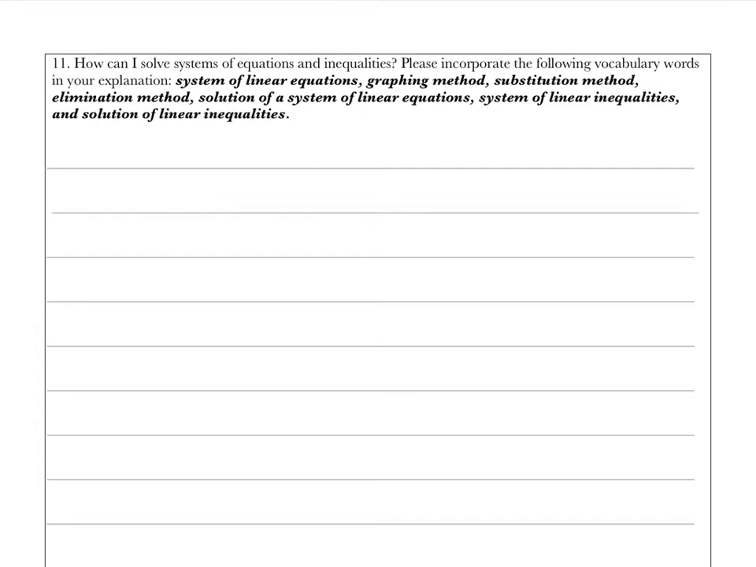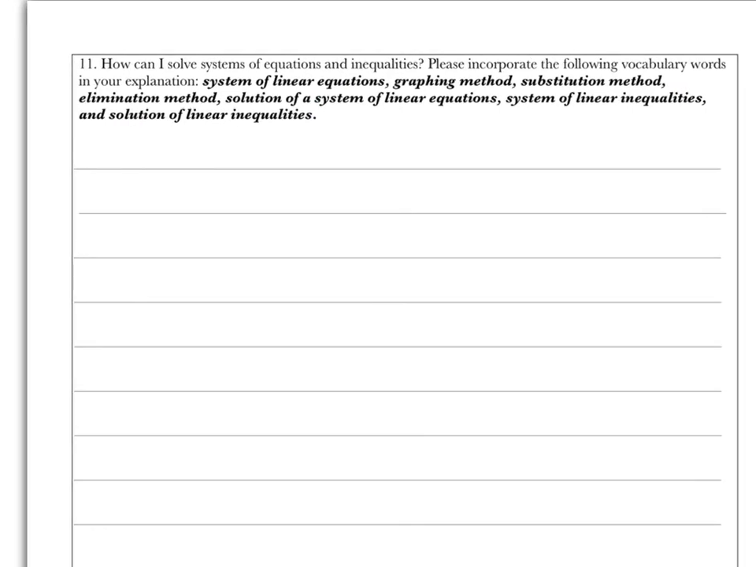Again, graphing, substitution, elimination. What is the solution of a system of linear equations about? We know that that's a coordinate, so I would expect that you would say something about that. You don't need to worry about the system of linear inequalities. We have actually taken that out of our instruction, the system of linear inequalities. And same thing here, the solution to a system of linear inequalities you don't have to worry about. I would maybe ask, though, that you